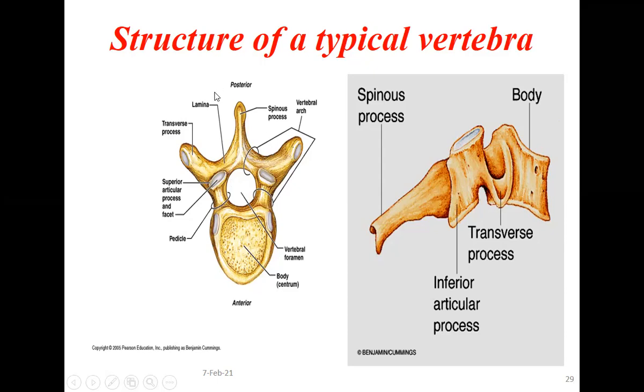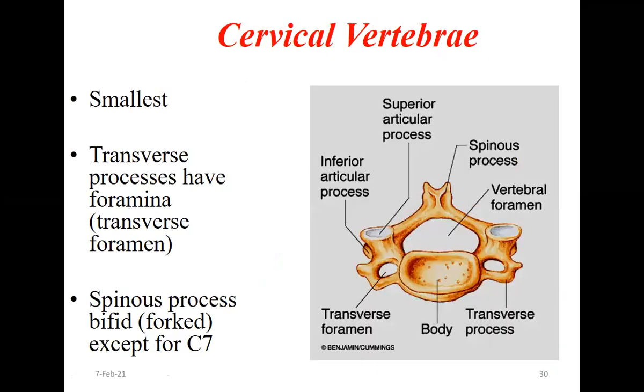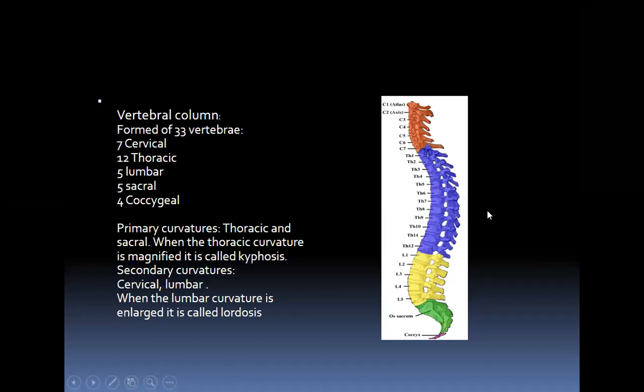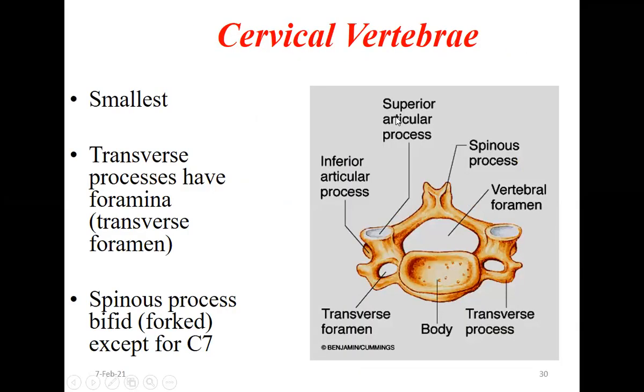Okay. So these are the structures of a typical vertebra. Now coming to the cervical vertebra. What do you mean by cervical vertebra? Cervical means in the neck. These are the cervical vertebrae in the neck. They are designated by C1, C2, C3, C4, C5, C6, C7. Seven cervical vertebrae. The first and second are very important. They have typical features. C1 is called the atlas, and C2 is called the axis vertebra. There are two important vertebrae.